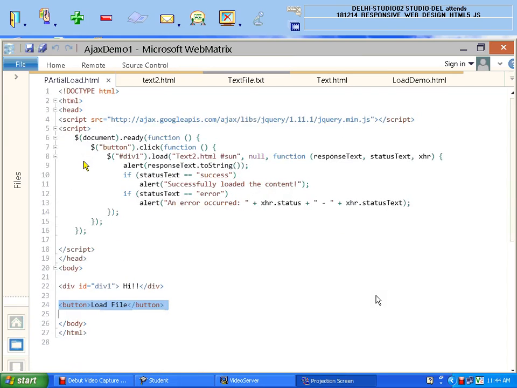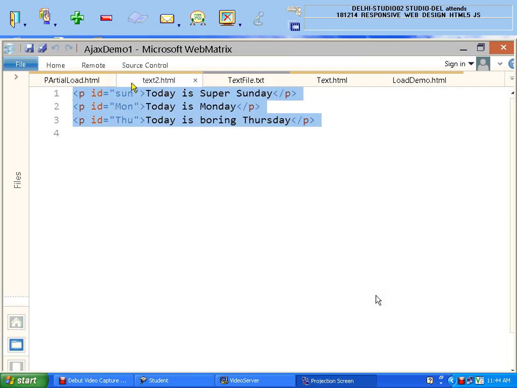Again, I use a button click event, and the first thing I am writing over here is the ID selector div1, and I said div1.load. Load what? I said load text2.html. This is the name of the file. And I don't want to load the whole page, I want to load a partial page, and for that I am using the IDs in my text2.html file.